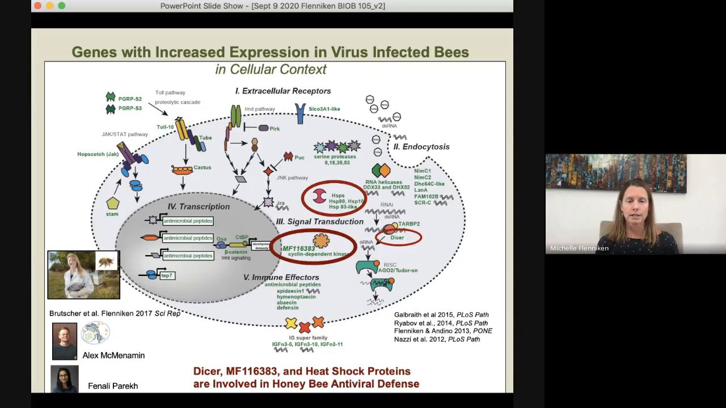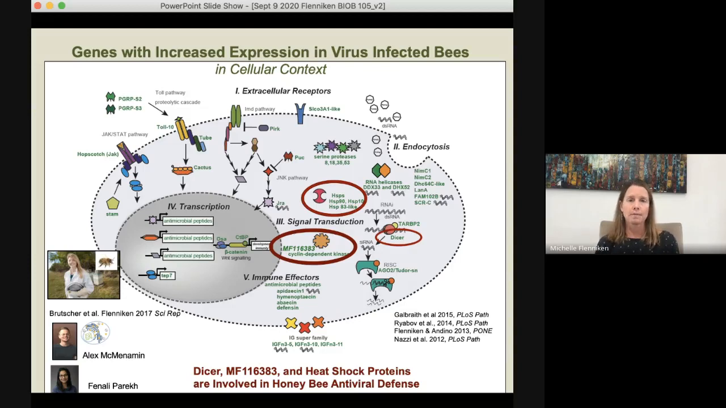When we as scientists are trying to figure out from these hundreds of genes which ones are more important, we place them in context with their known roles, based on what we know of the gene function in bees as well as in Drosophila, which is a model insect. It's the fruit fly. And we make hypotheses about which pathways are important for antiviral defense. In doing that, we figured out that the RNAi system is indeed important. We also discovered completely uncharacterized genes. That's why one of them is called MF116383, listed at the bottom of the slide,